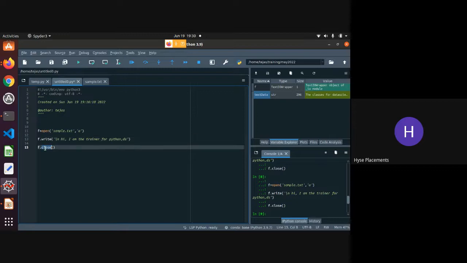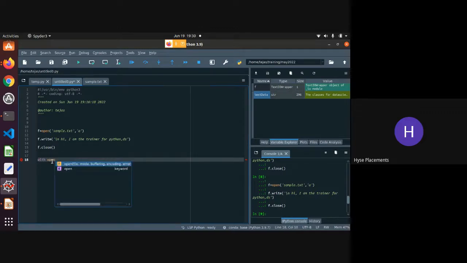But sometimes we always forget to close the file, right? Sometimes it's a natural habit. Sometimes we often forget about closing the file. So in order to close the file, we have a different syntax that can be done within a single line. In order to open a file and close it within a single line, we use the keyword called with, and we open,